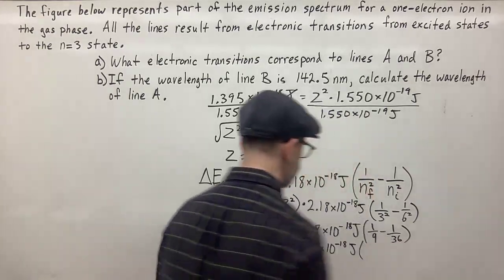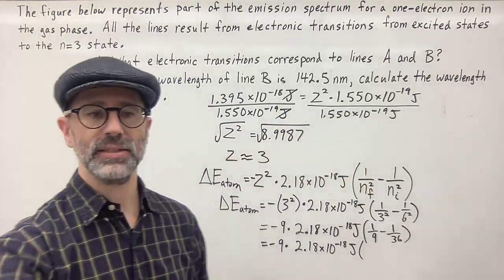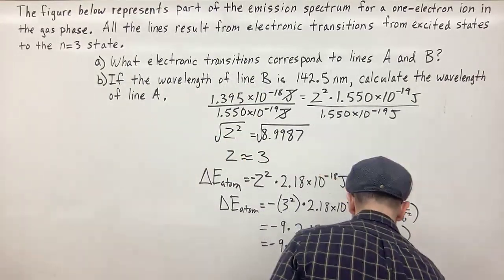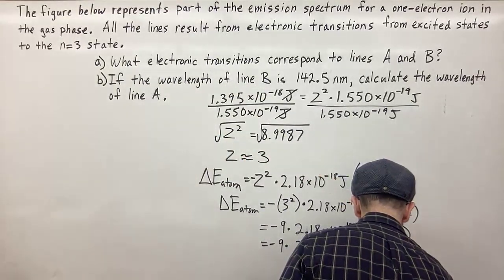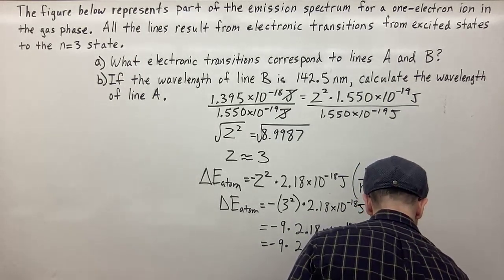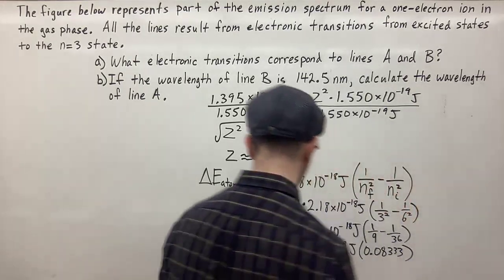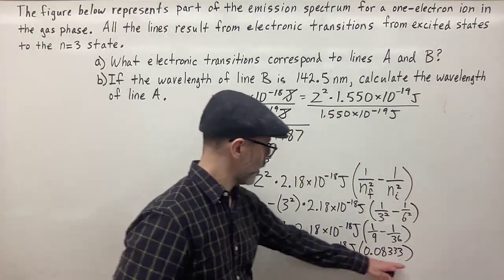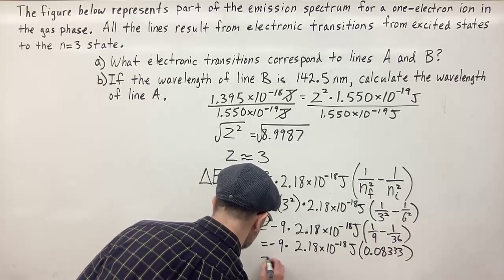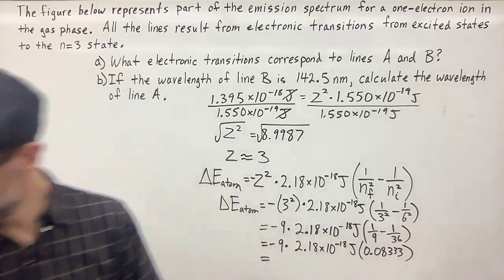And then if I subtract those, I get 0.08333. There's a lot of threes. And now all I need to do is multiply these three numbers together. And when I do that, I get